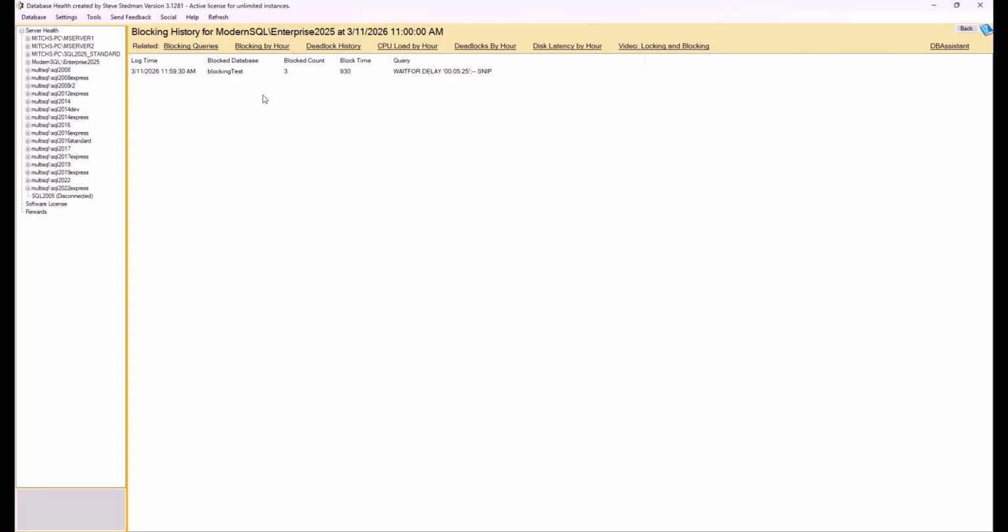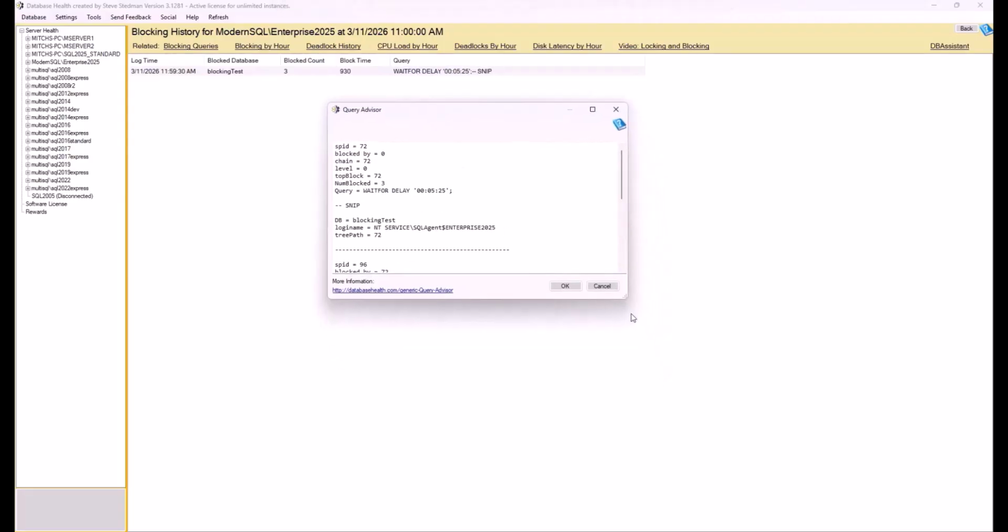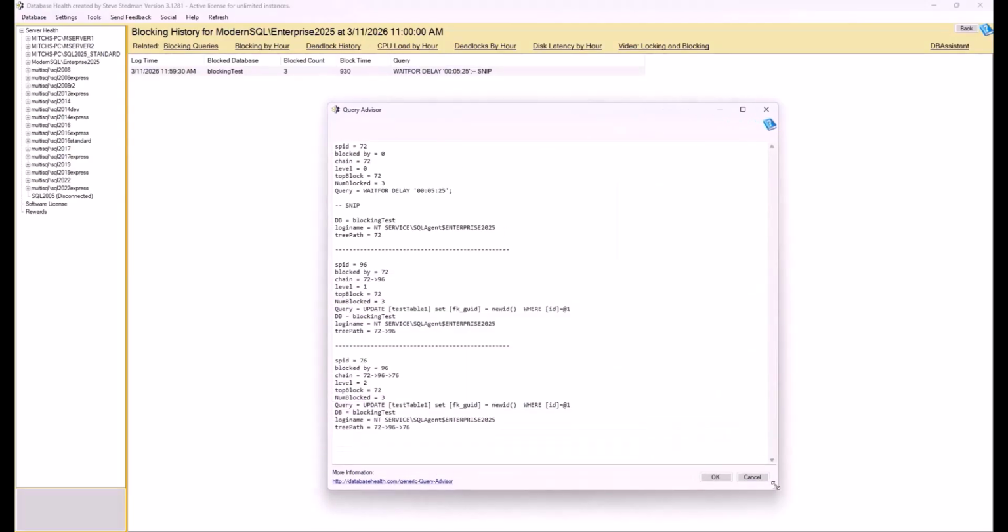And then from there, you can double click and go in and see the whole sort of blocking structure, which we lay out there with here's the top block, and then here's what's being blocked by that. What we modified was that now in the database, and you can't see this through Database Health Monitor yet, but that will come in the future. But if you go to the blocking over time table in the DB Health History database with